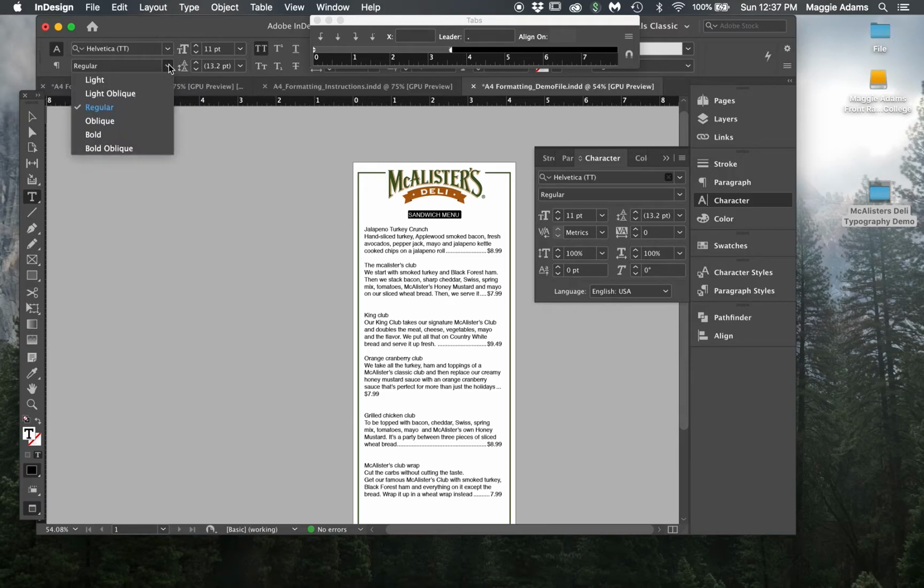Right now I'm using Helvetica, and this is perfectly fine. You can pick a different typeface, but I like to use typefaces that have multiple options. So this has a light oblique, which is italic, regular oblique, light italic, bold, and bold oblique. There's lots of options here. So I'm going to make this all caps, and I'm going to make it bold. Now it stands out a little more, and I'm going to make it a little bigger, but I'm also